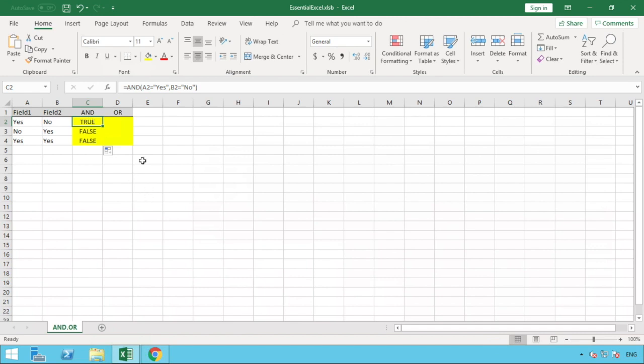So that's the AND formula. The OR formula works exactly the same way, but rather than both of the logical tests within the AND statement needing to be correct, OR works on the basis that as long as one of those is correct, then it will give a true result. So let's demonstrate that. So if we go equals OR